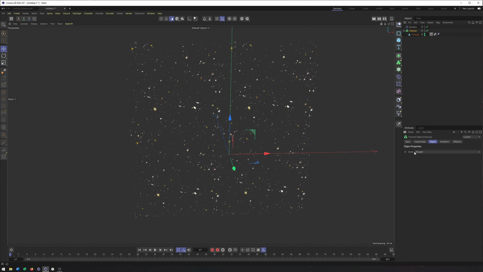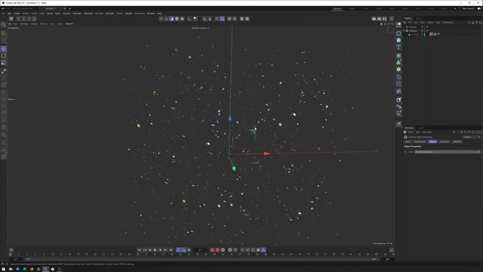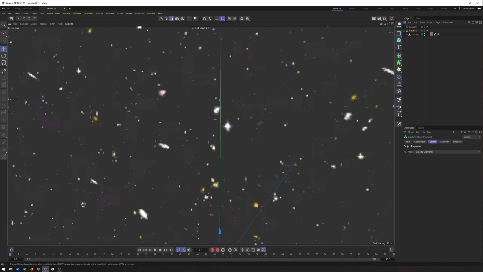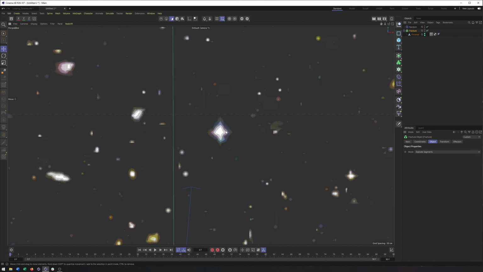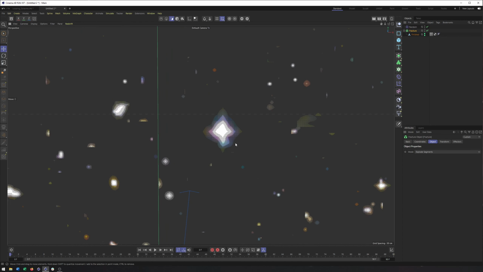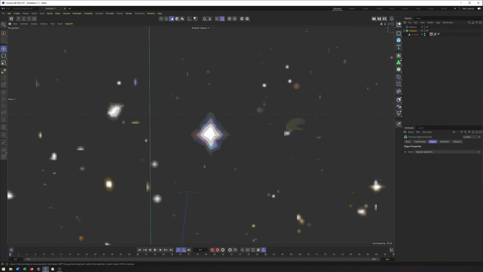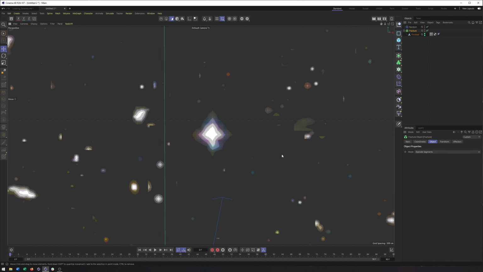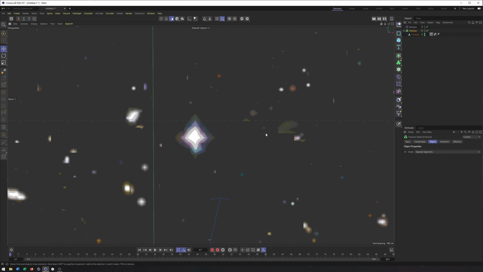Now, it didn't actually do anything other than just randomly move this whole thing because I need to come into the fracture object and switch the mode from straight to explode segments. And once I've done that, now we can see that the galaxies have been separated. And you can see that the ones that we deleted the edges on look good, though we may run into a few that the edges don't look good. And ultimately, like I said, this won't look that bad because we're going to have a lot of motion blur. Glow would help hide some of this,